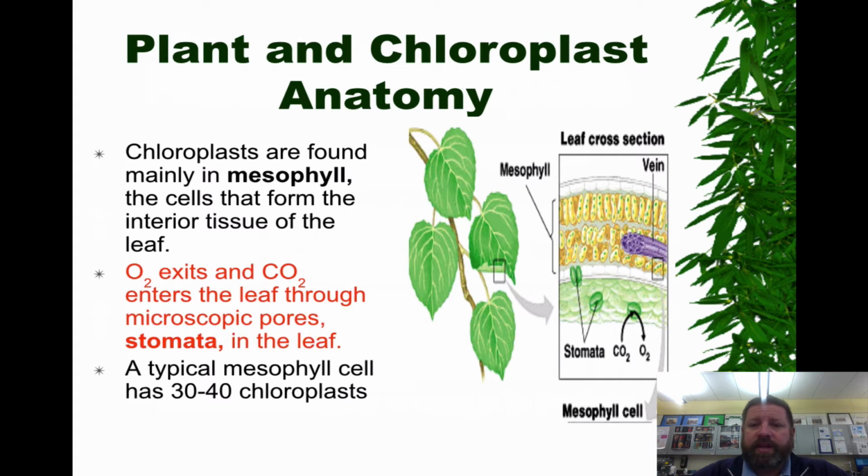And the idea is that if you look here, here's a typical leaf, and what they've done is they've taken a cross section or cut through the leaf, and they show you the different parts of the leaf. Ironically, when you're looking at leaves on a tree, let's say, you would see that one side is shiny, one side is dull. The shiny side is the top side of the leaf and has this waxy coating on the outside, and the bottom side of the leaf is kind of dull.